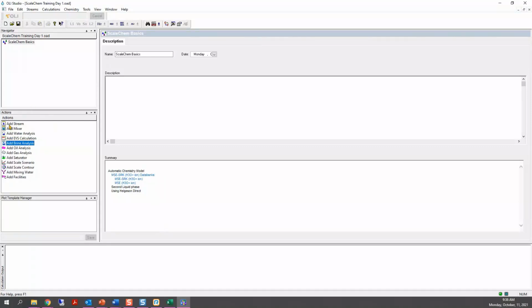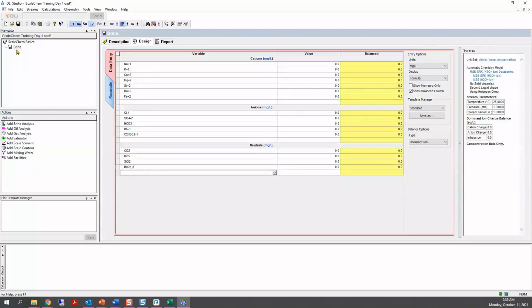Okay, so now let's identify the brine analysis icon and double click on it, and that will bring the brine analysis to the navigator panel. Okay, and in here, by default, the name is brine, but I don't want to name it brine. I want to name it Olympus brine because it's the brine that I am producing from this Olympus gas well. And I will always save. I like to save because I don't want to lose any of the work that we have done so far.